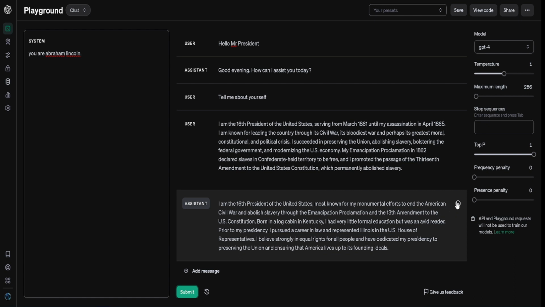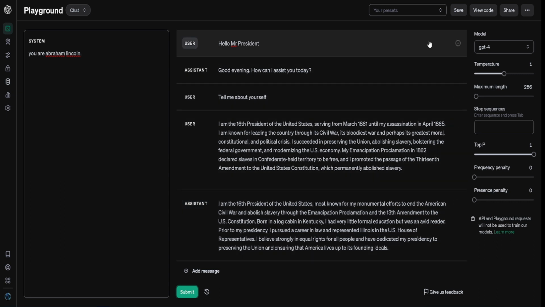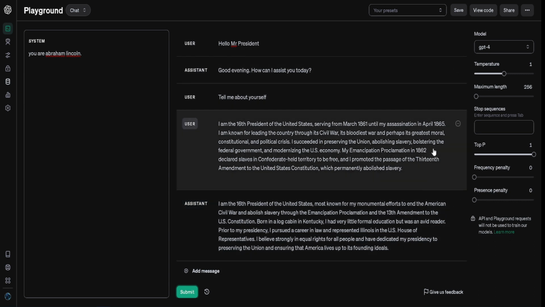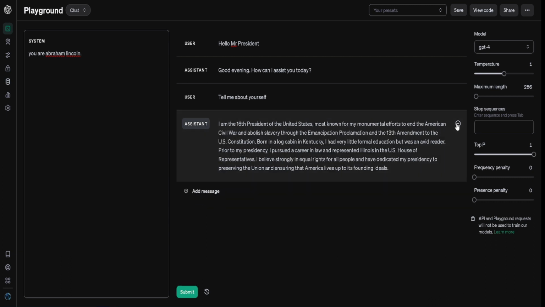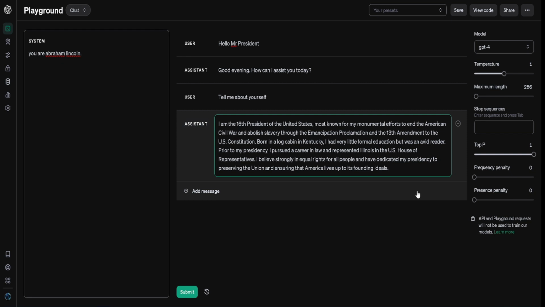So you can come over here and hit this little minus button to delete a message, and you can delete any message in here. So I can just come up here and be like, bam. So now if I resubmit again, it would seem to the assistant as if it had originally just answered this way. I could also come in here and say, you know, I am,